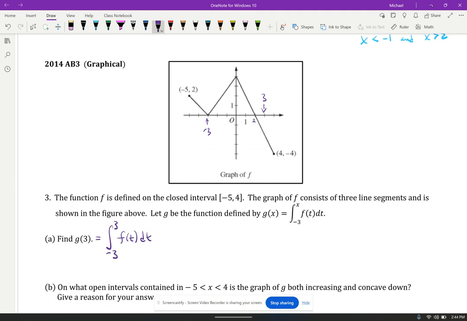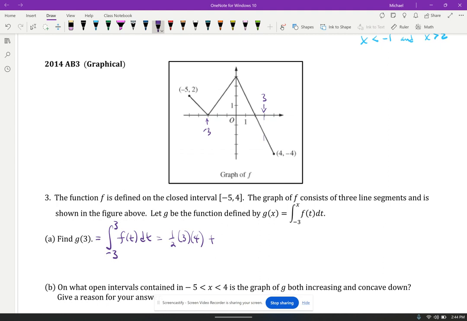Be careful. There's a 2 right here. And so we're looking for the shaded region here, and then here. Okay, so that's what we're looking for. Well, I can find the area of this right triangle. The area of this triangle would be base 3, height 4, so 1/2 base times height,